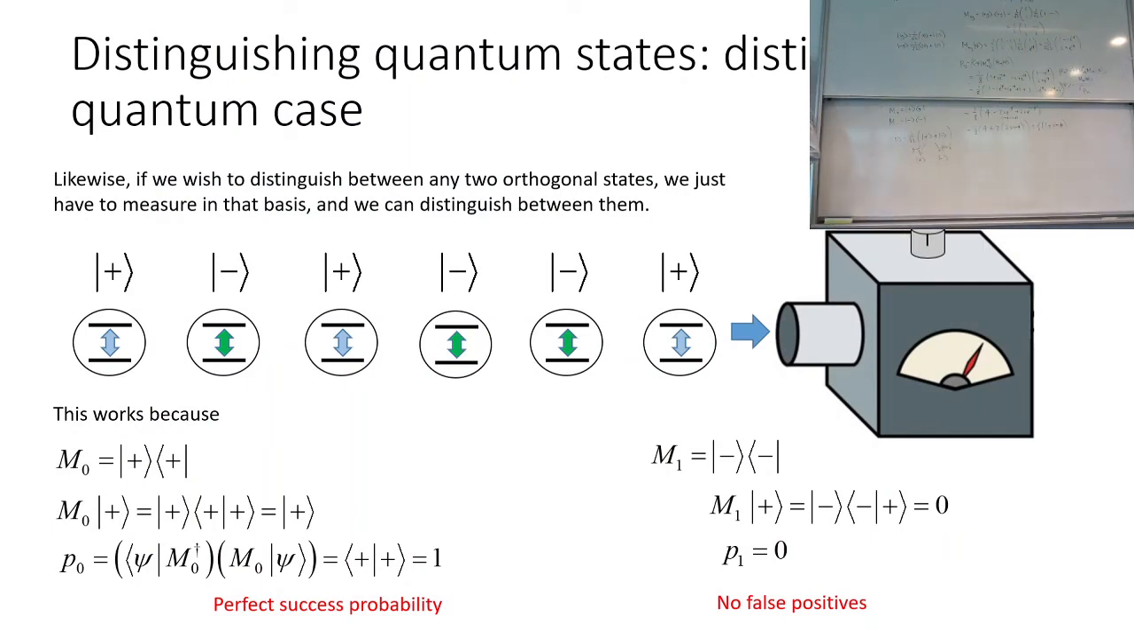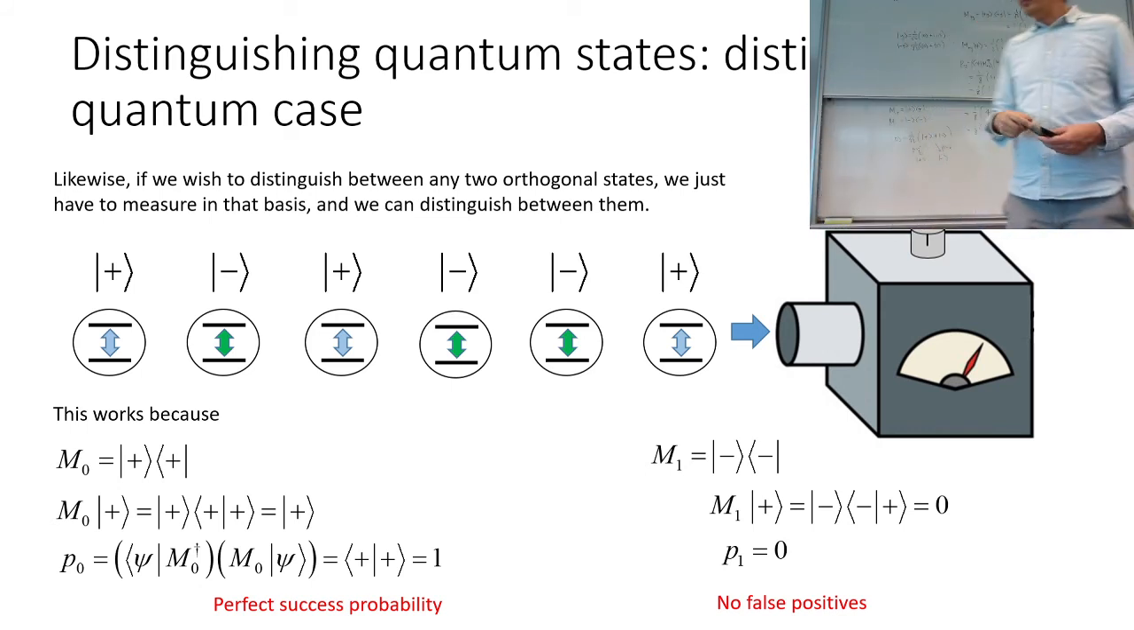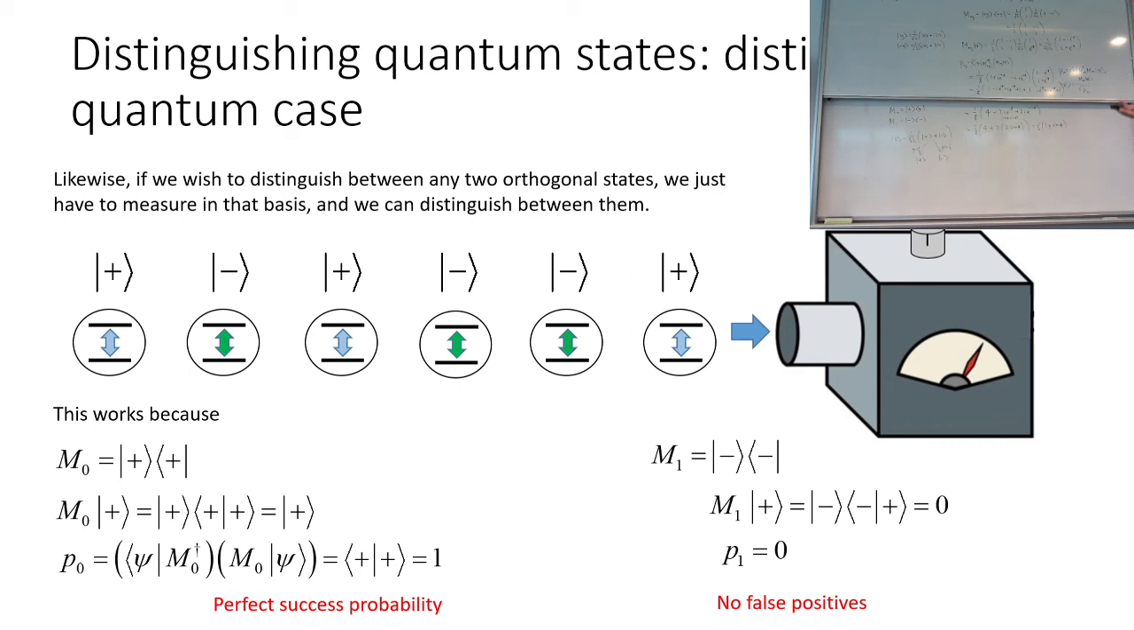Likewise, if the person is sending plus and minus, then you need to get the right measurement setting, and obviously the correct measurement setting is plus minus because they're sending plus minus states, and in that case you can perfectly distinguish between the two. So the question was,